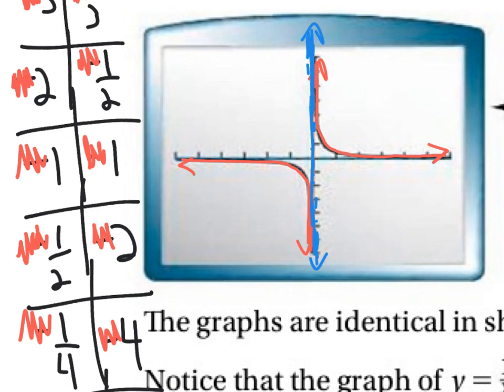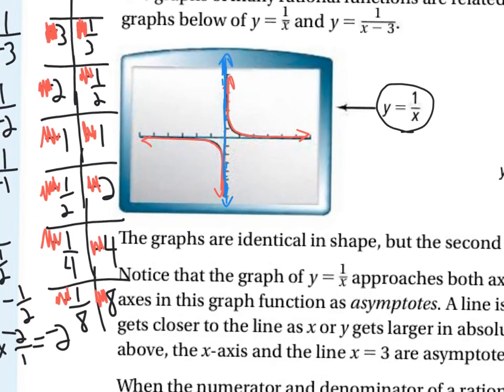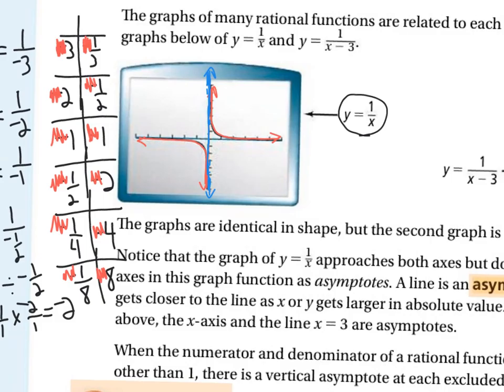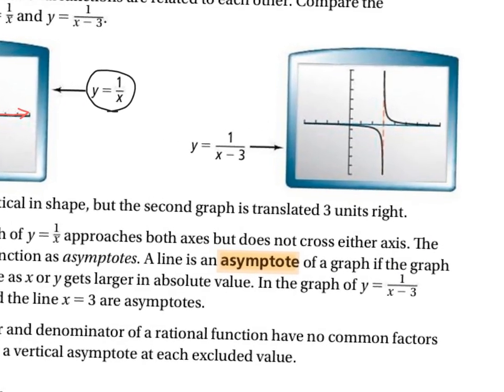Okay? If we had 1/1000, then y would be equal to 1000. Okay, so it's like this invisible force field or this invisible fence that the line can't cross over, the graph can't cross over. So that's kind of our basis or basic form for this graph. This other one over here